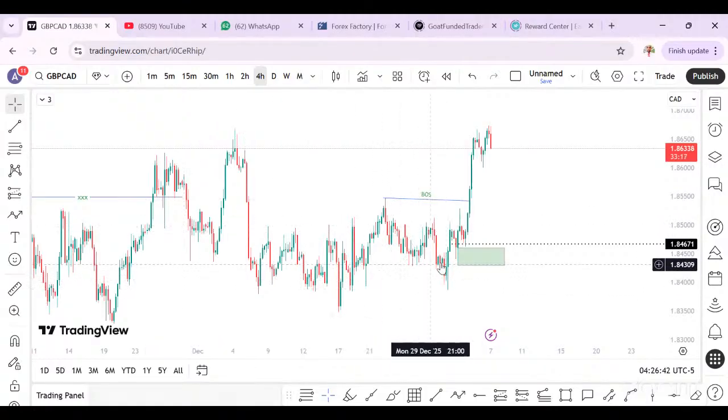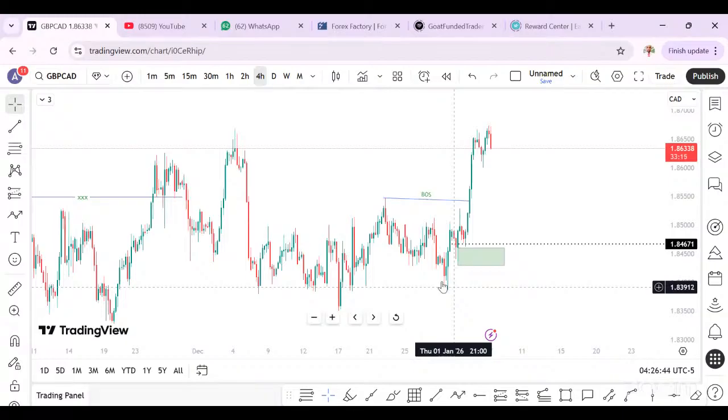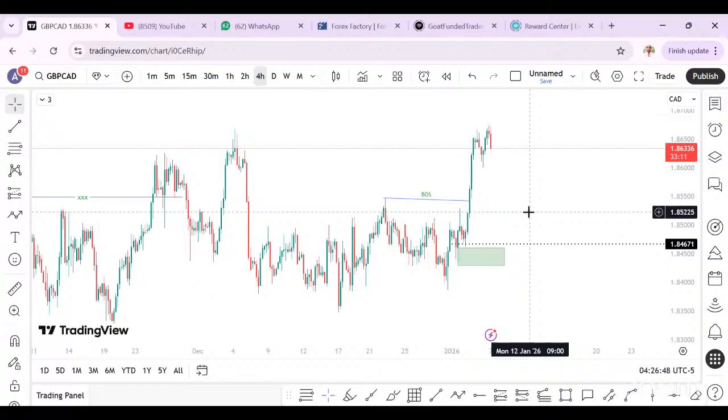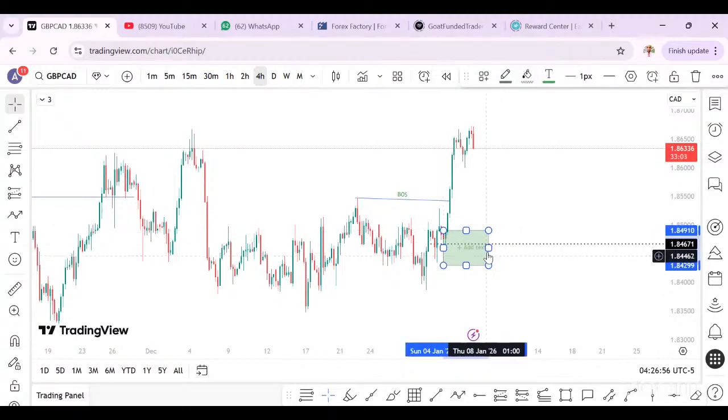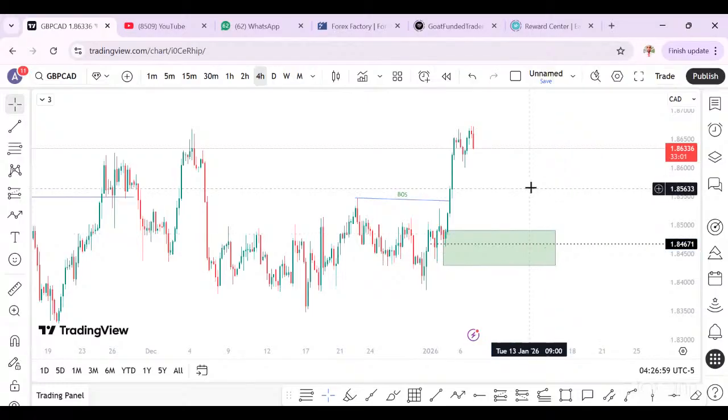So we can see a lot of lows here, which give us a sweep of liquidity. This low, this low breaks us. So for now, you can use everything here as your... let's use the last candle here as our demand zone. You can use this place as a demand zone.